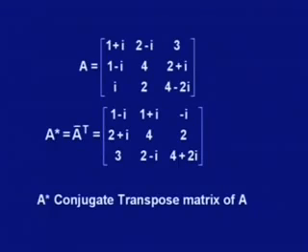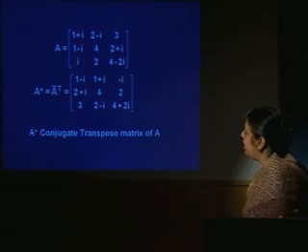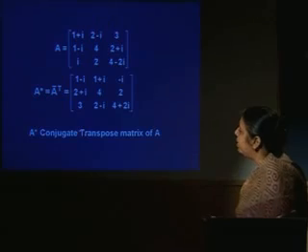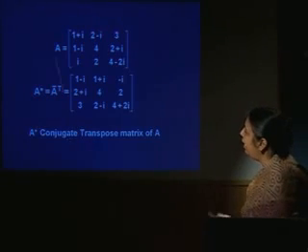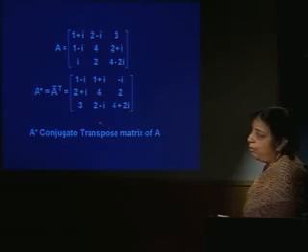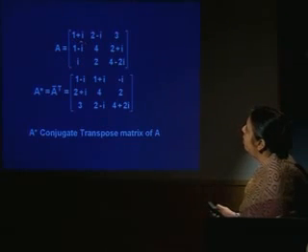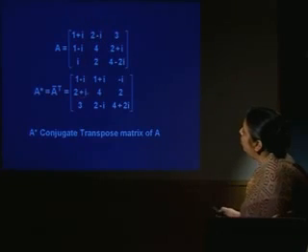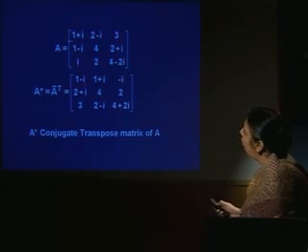Now, if the given matrix is A, then we define A star as the complex transpose matrix of A. The complex transpose is a combination of two operations. We take the conjugate of each element and then take its transpose. For example, if A is this, then 1 plus i becomes 1 minus i, appearing in the first row, first column. But 2 minus i is the element appearing in the second row, first column. Its conjugate 2 plus i appears in the first row, second column. So, these rows and columns are being interchanged. That is why it is A star.